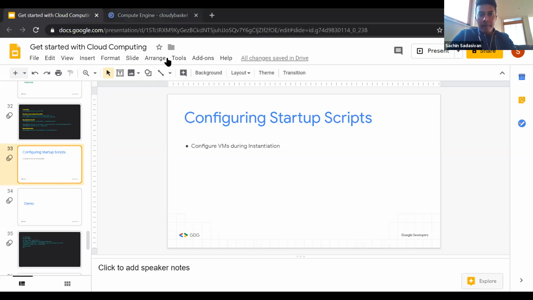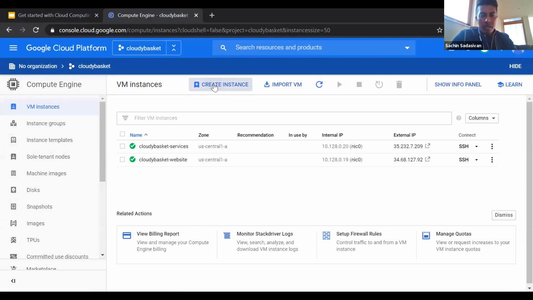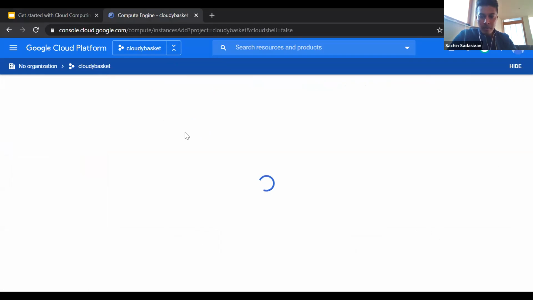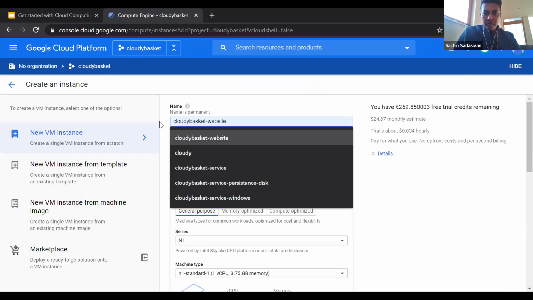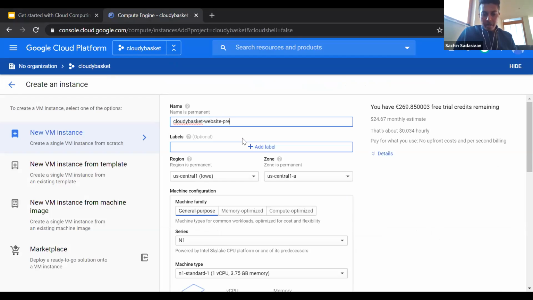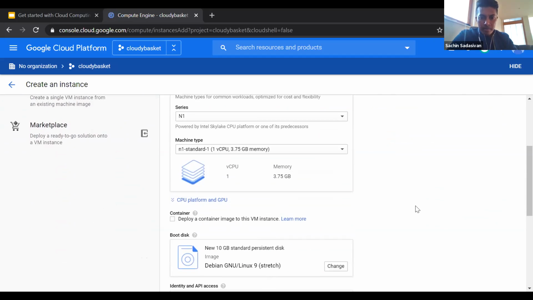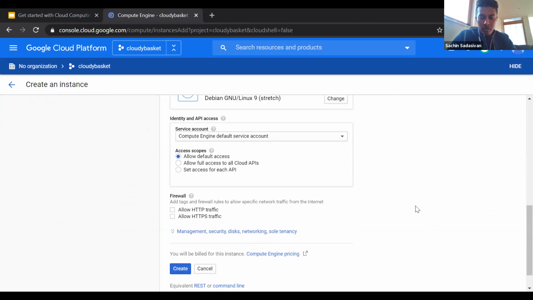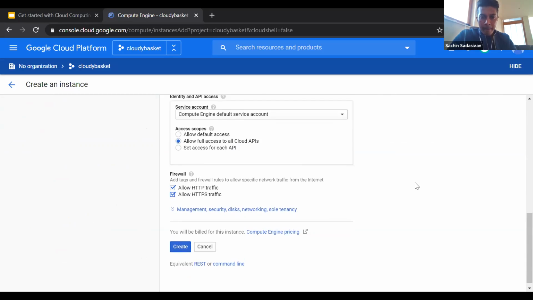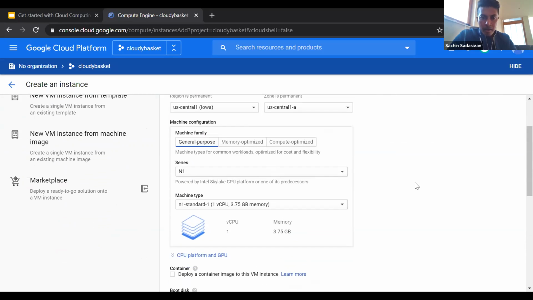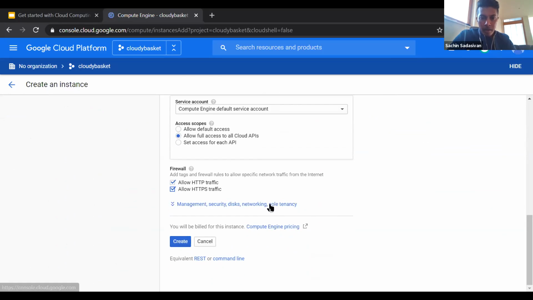Let's go here again. Create instance. Cloudy Basket website, let's say, pre-configured. Within here, I use all the default options. Allow full access to cloud APIs. I will allow HTTP traffic, allow HTTPS traffic, and in here,